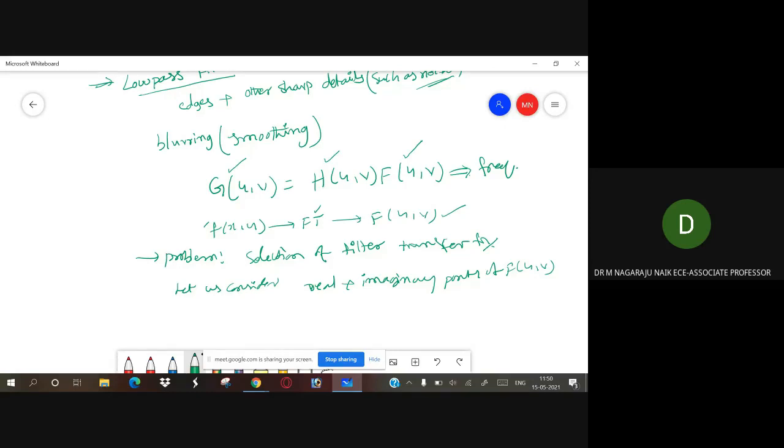Such filters are referred to as zero phase filters.